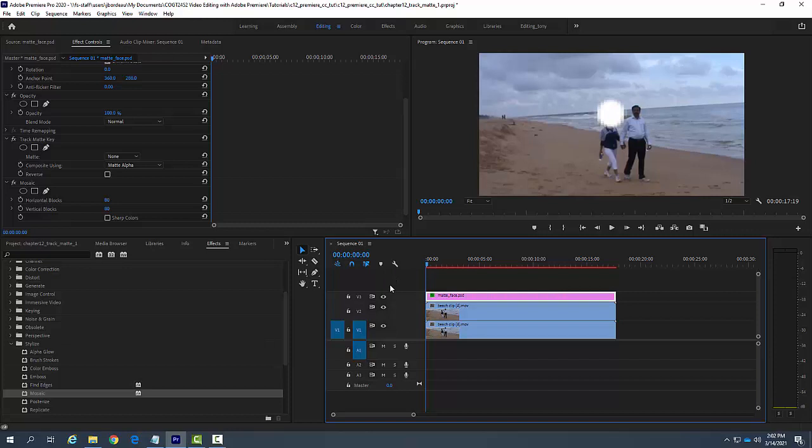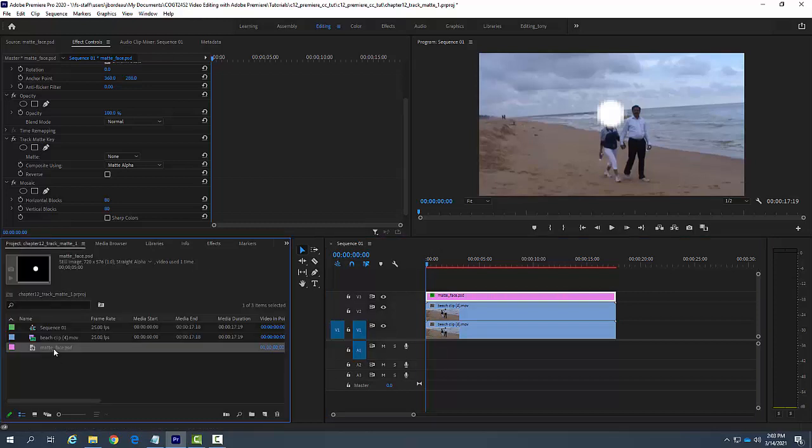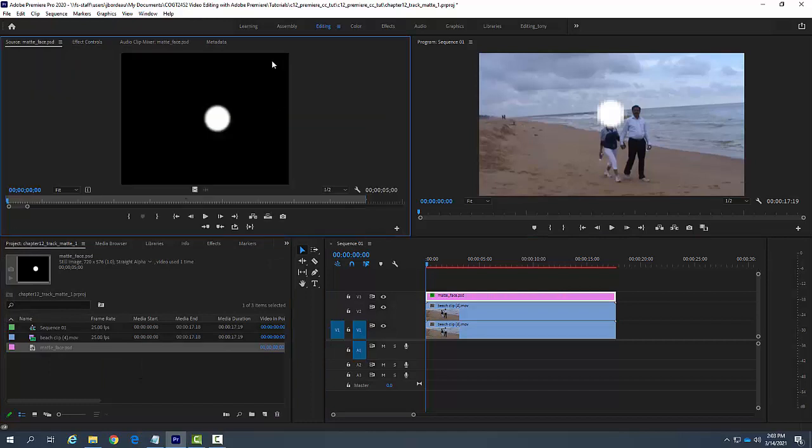So this is the track matte key effect, and it is actually having us put an image in one clip so that we can see down through to another. So we're creating a hole and looking through this hole, if you will. In this, what we're looking through is this image. So it is actually this image right here that we're using to create the whole